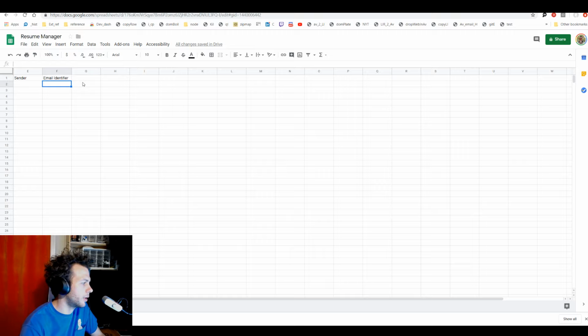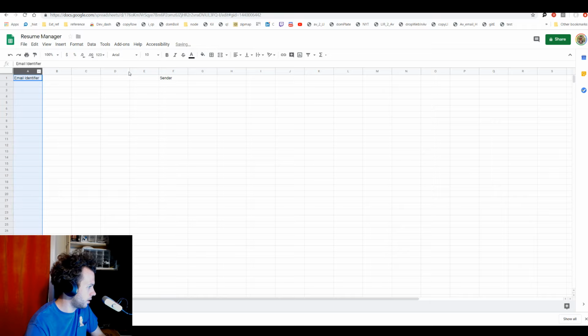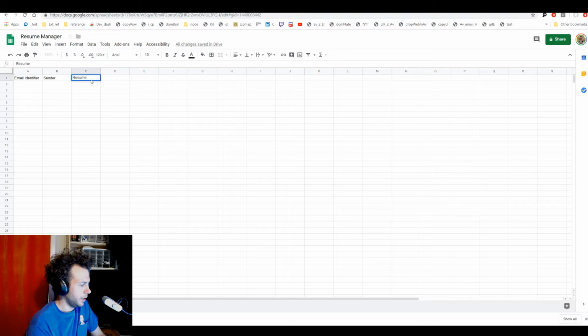We might move these columns around, but let's keep going. So email identifier, and actually I'm just going to put that over here. So who sent it? The resume ID, and actually I'd say the link and the ID will be the same. Well, the ID will be associated with the link path, and so we'll just go ahead and create a link that we can click on,